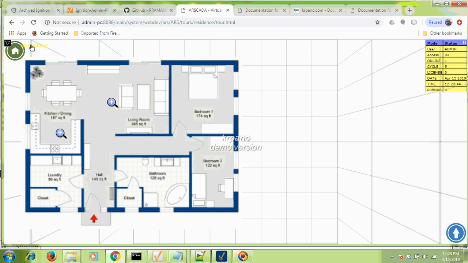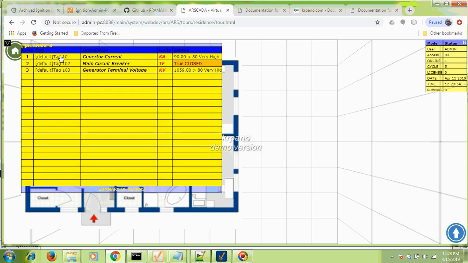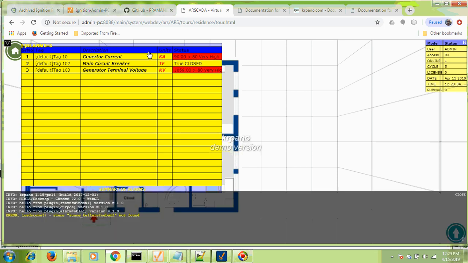So here this shows if there are any alarms in this system, that any of the tags are violating the limits that they are defined. So you click on that, it tells you these are all the tags that are violating shown here. So if you click on any of these, it will take you